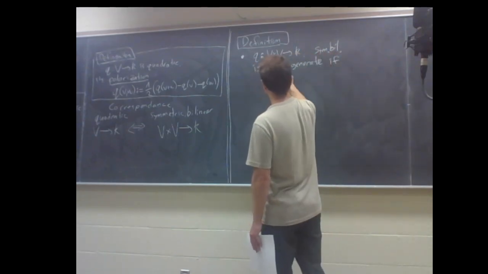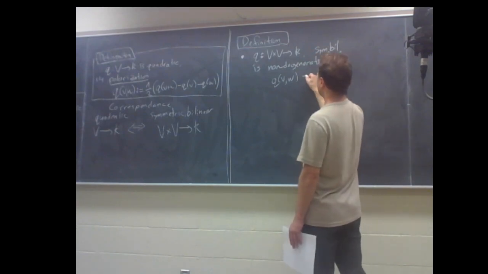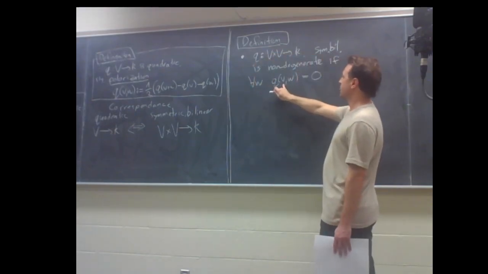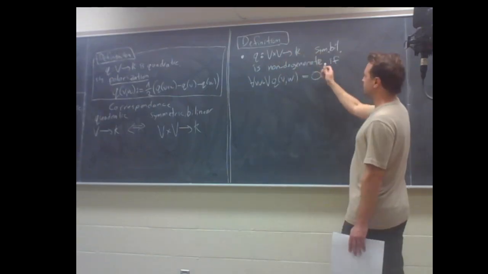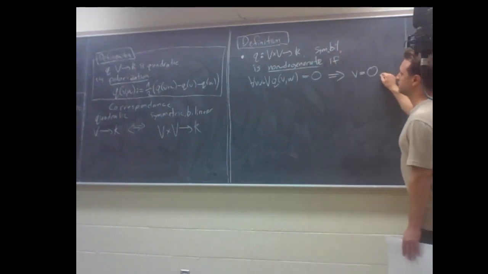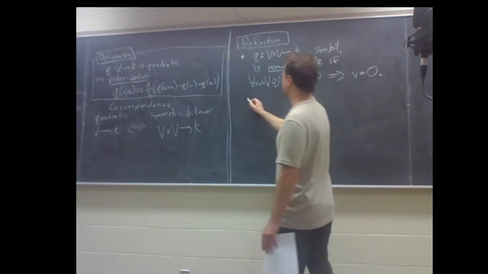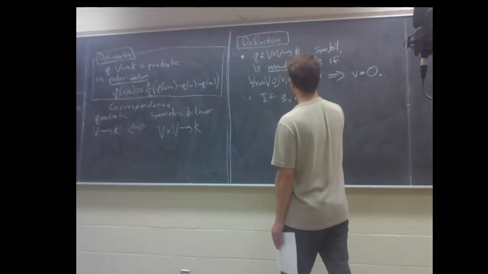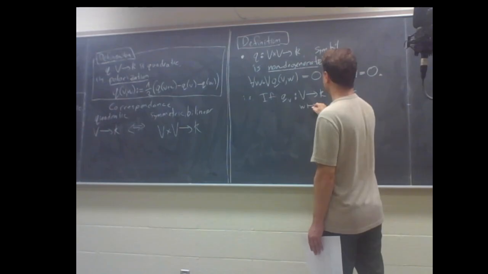We can take our V's and W's and see how these vectors pair together. If we have a particular V that pairs to 0 with every W in our vector space, non-degenerate should mean that this is a check to determine whether V is 0 or not. In other words, if Q_V is defined to be the linear operator given by sending a W to its pairing with V,